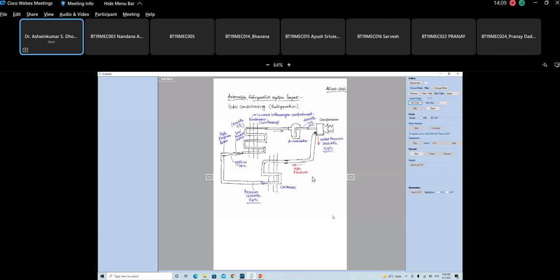Generally the refrigerants used are R134A or R12. Now R12 is not used, but previously it used to be there. So what is happening? The cooling of the refrigerant successively becomes... I will write down this process in very short points. So the refrigerant